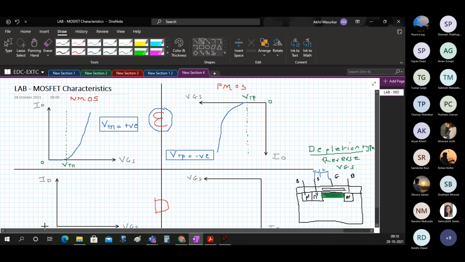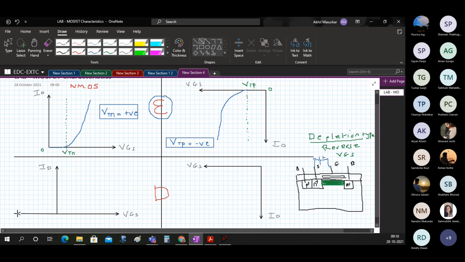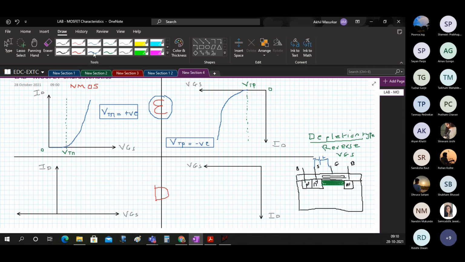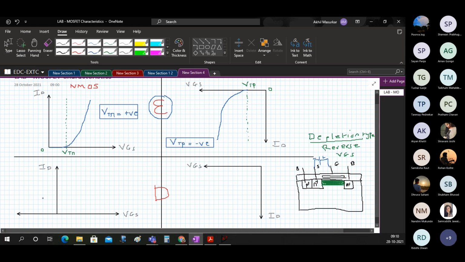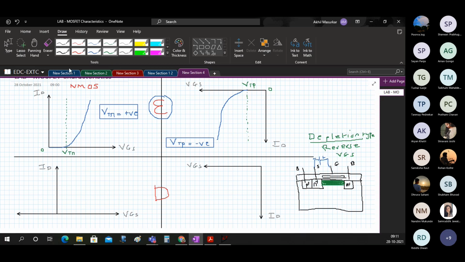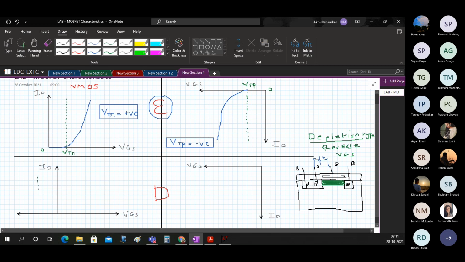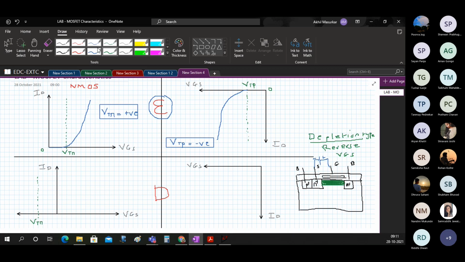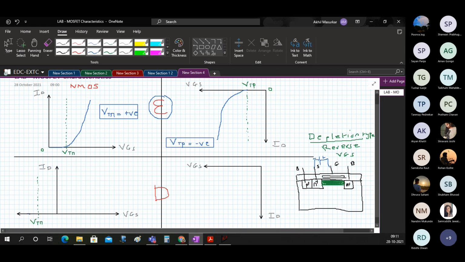So here for a depletion type NMOS, the threshold voltage is going to be negative like this. I'm calling this VTN for the depletion type, and the characteristics will start this way.